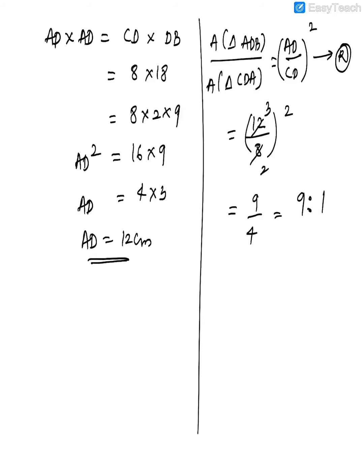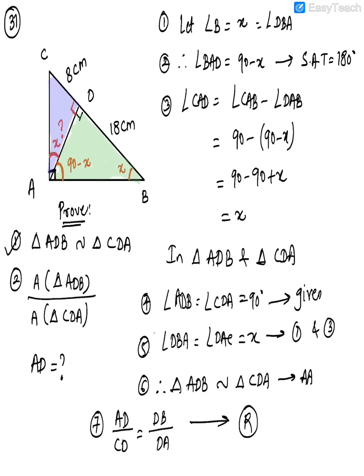Next one is 3-star. You can mark 3-star again, but this time it is not 3-star because of the level of difficulty, but the type of problem is a little different. See, we are given in the given figure, ABC is a triangle. So I'll just draw the figure first, guys, for you all. So the figure is here.